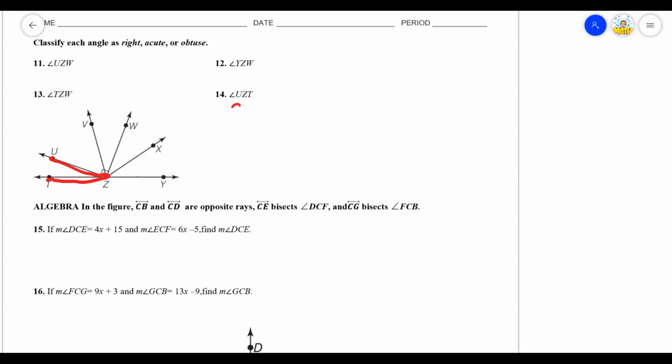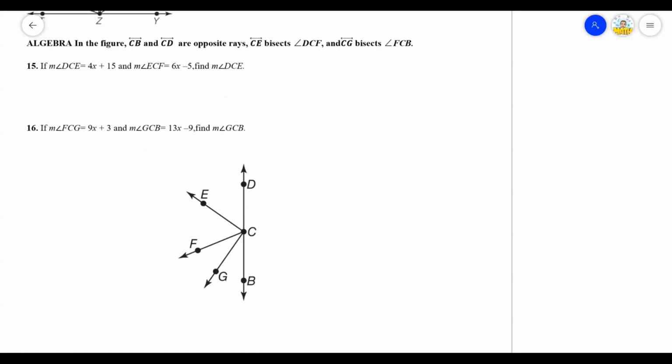So hopefully we said that this one was clearly acute, much less than 90. Okay, so now we have some algebra that's going to be involved here, and we do have a picture, which is helpful, and I'll try to make sure on your quiz that if there's any algebra, there's a picture to accompany it. So we have DCE is 4x plus 15,